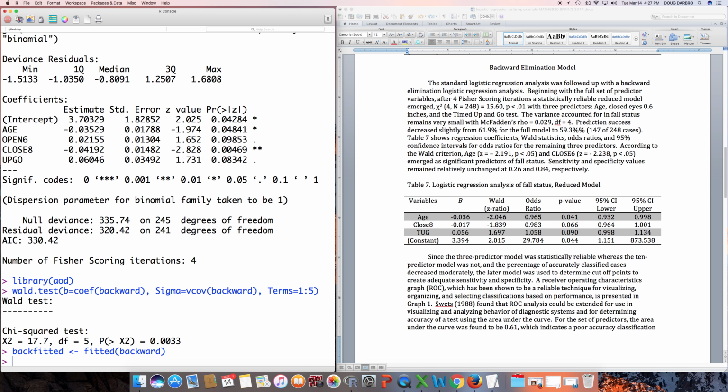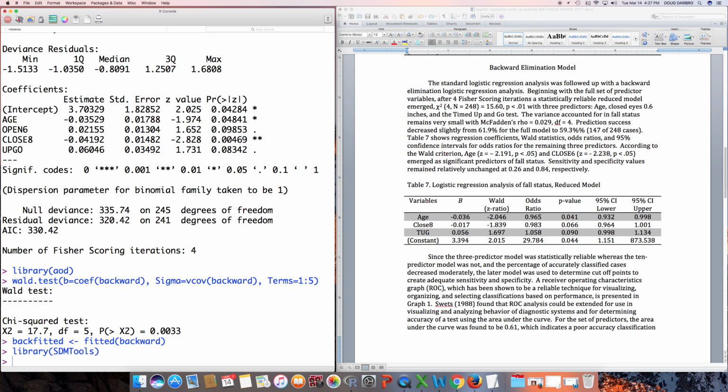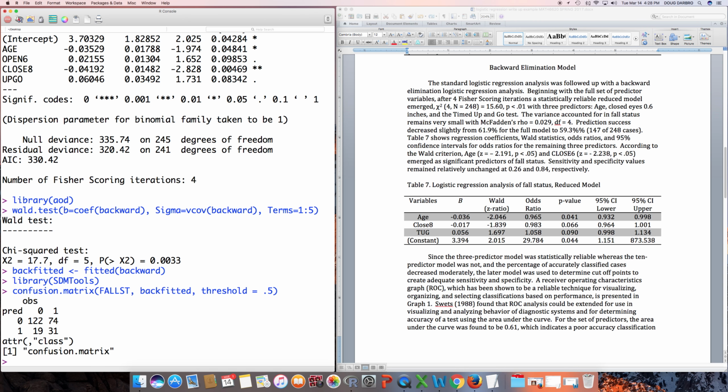Okay, so let's do confusion matrix. And we want fall status over backfitted. Threshold equal 0.5. All right, so classification accuracy in this is going to be equal to, what do we have, 122